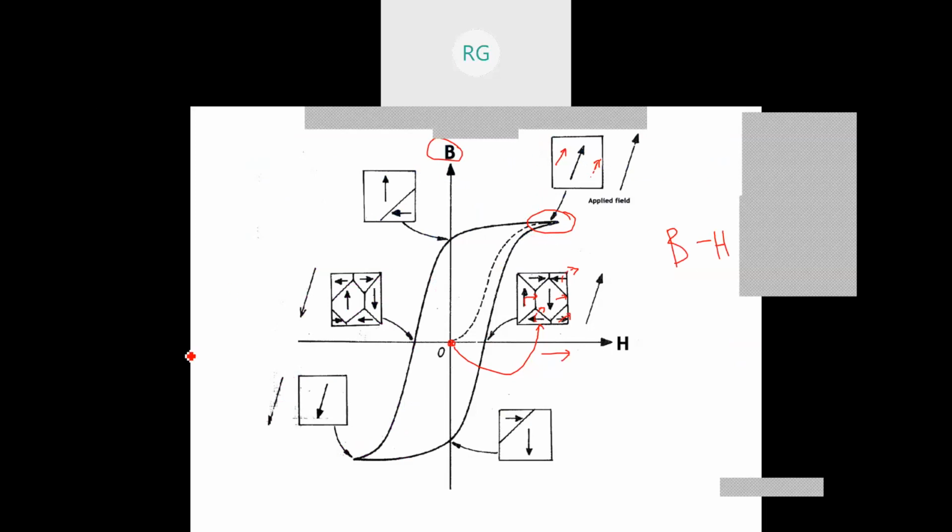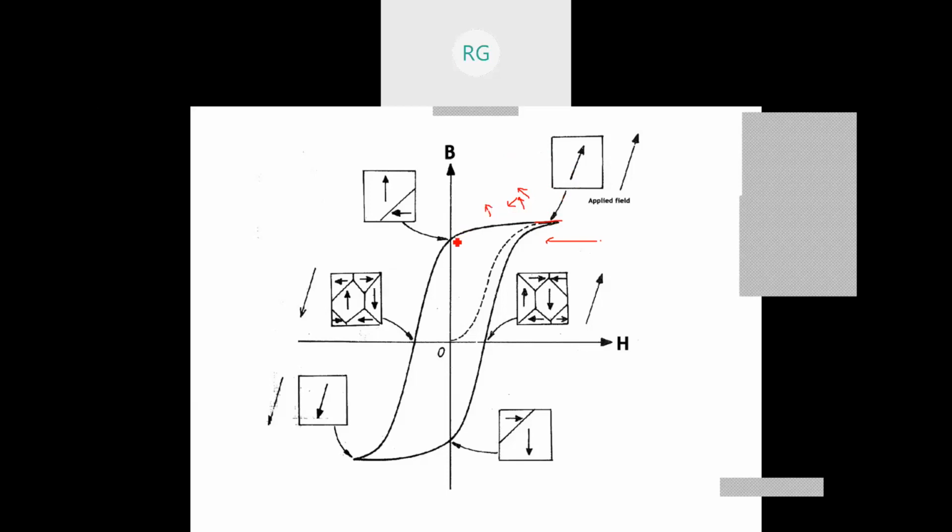Now, when I demagnetize it, it means that I am just going back. When the field is decreased up to this point, the saturation is okay. After saturation, as the magnetic field is decreasing, these already aligned magnetic dipoles start moving in different directions, like this. Some of them are like this, some of them are like this. And at this point, when H is 0,